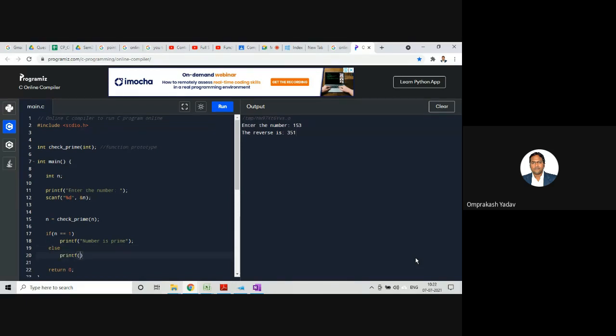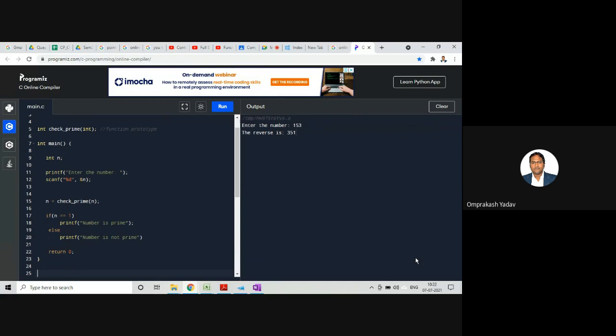Else printf number is not prime. Let's write the check prime function.